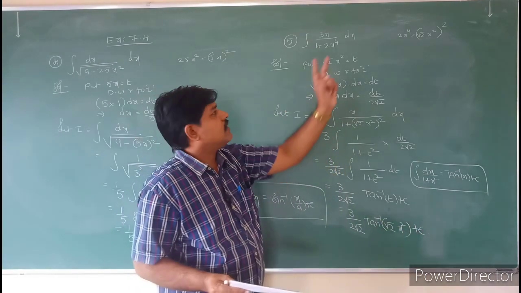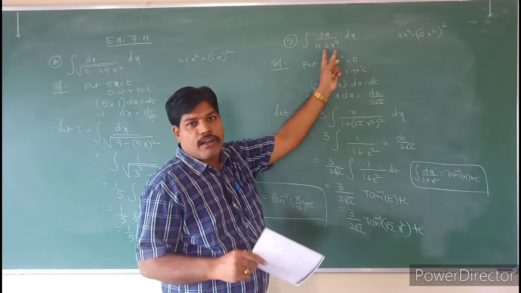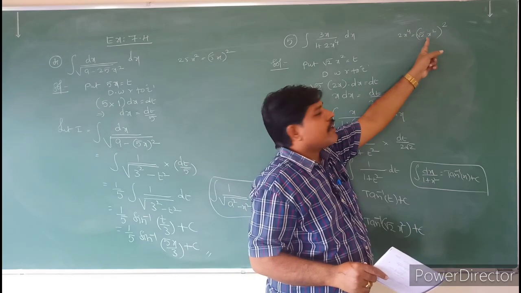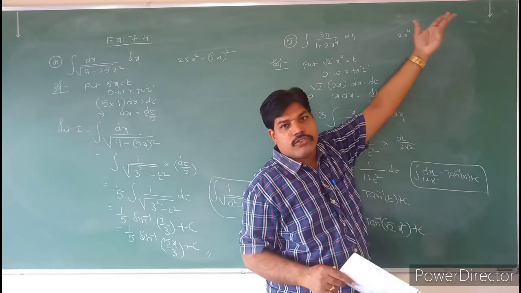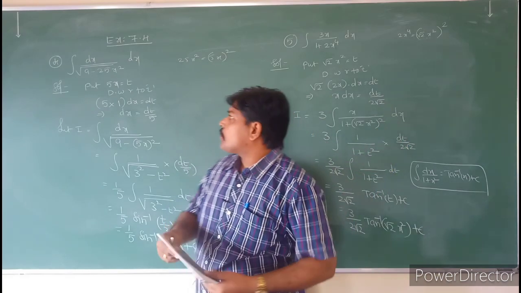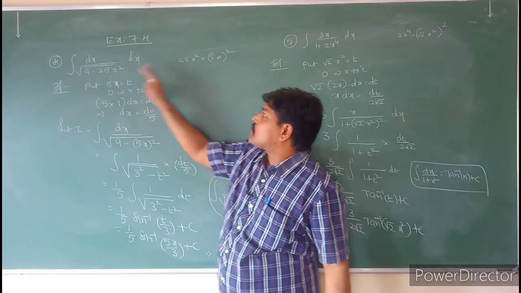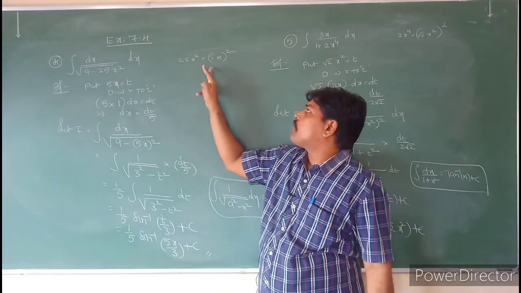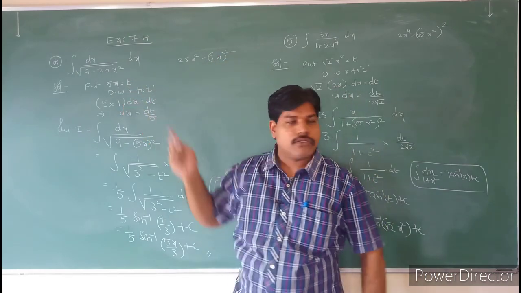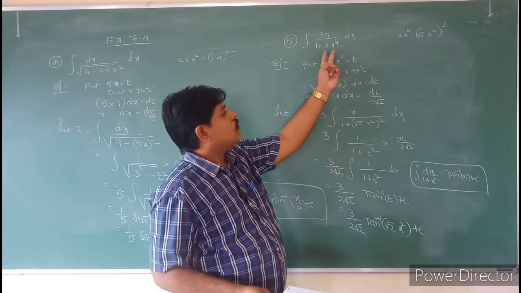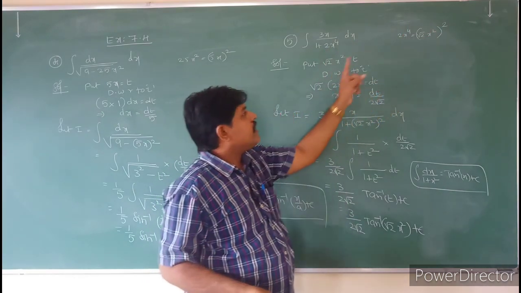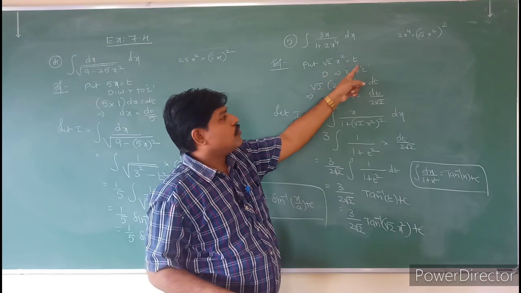So see that one. First you have to understand what term you have to take as a square. So 2x power 4 you can write in the form of root 2 x square whole square, understand that. So this root 2 x square you have to take as a t. See in the previous question, 25x square you can write as 5x whole square. So that 5x you have to take as a t. So here also the same. So you can take root 2 x square is equal to t.